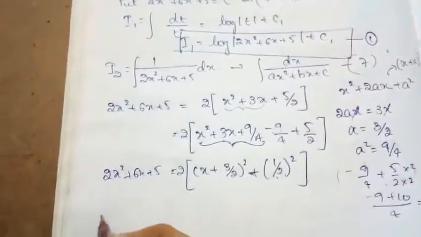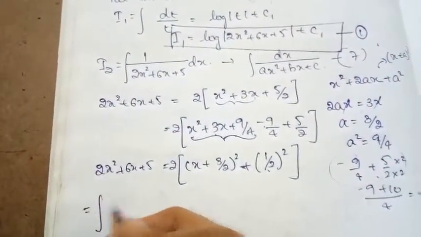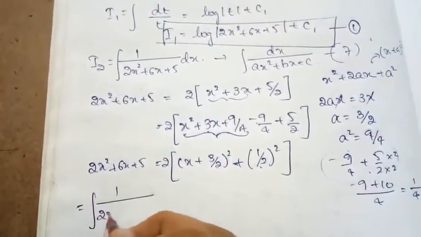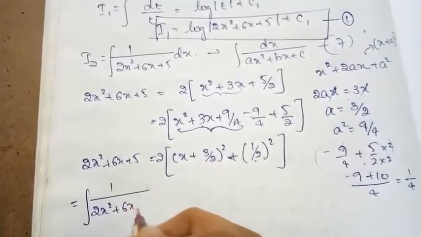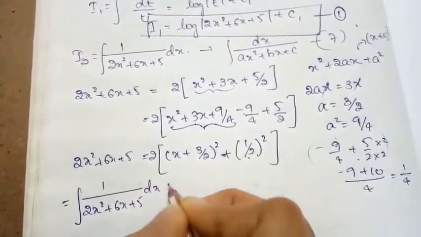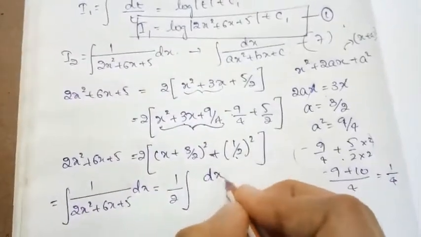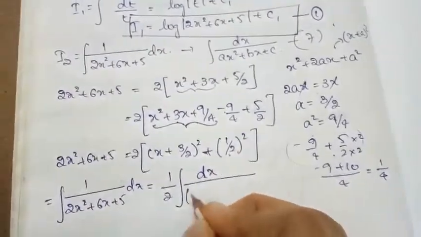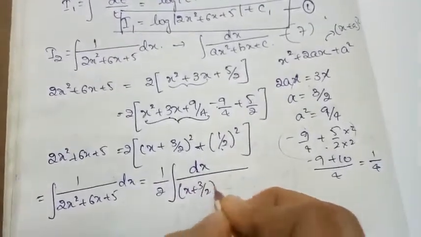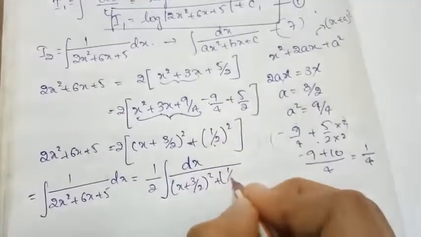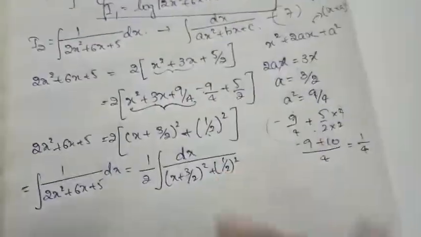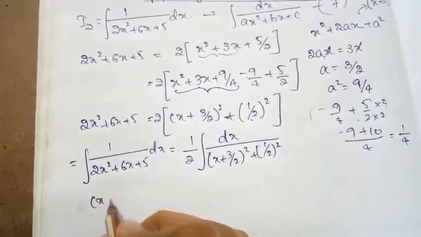So now I will consider our I2, that is integral 1 divided by 2x square plus 6x plus 5 into dx, which is equal to 1 by 2, constant I have taken outside, integral of dx divided by x plus 3 by 2 whole square plus 1 by 2 whole square. So after this one, what we used to do? We used to take